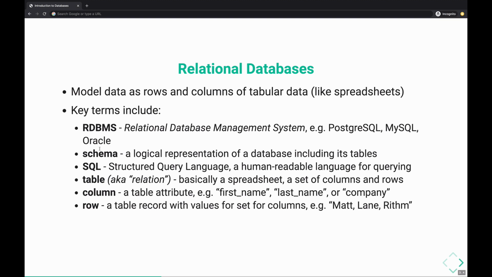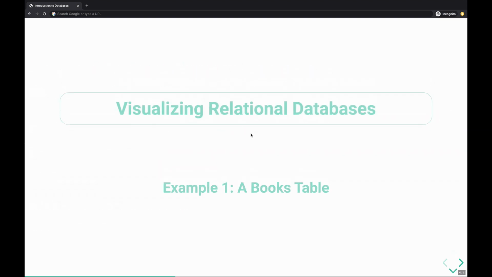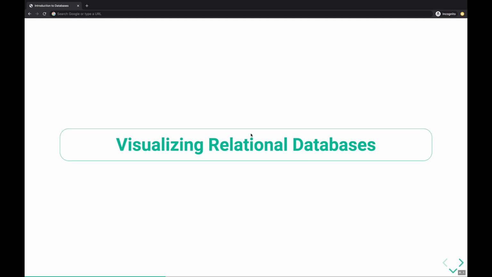Now we've got some of this terminology out of the way. Really, the most important ones here are going to be schema, table, column, and row. RDBMS comes up, but it's not like some people are using this in daily conversation on the job. It's a pretty weird term and annoying to say out loud, as I'm discovering here. Okay, so next we're going to do a little bit more of a demo with some tables, and then we'll move on to installing Postgres.